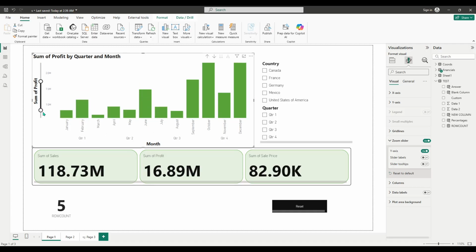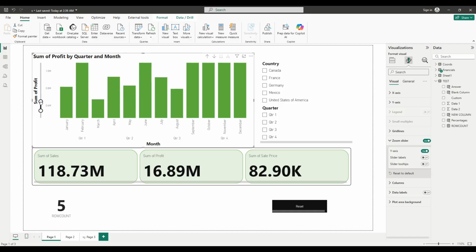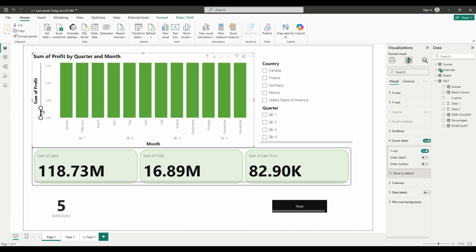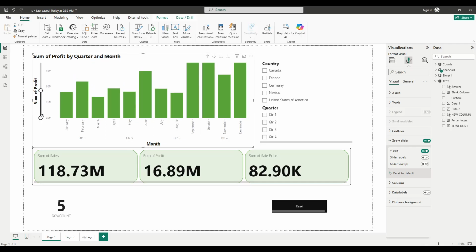Once enabled, the slider lets you drag the handles inward to focus on a narrower range of your data, then drag them back out to restore the full view. This gives viewers a smooth way to inspect specific periods, categories, or value ranges without using slicers or changing filters. It's especially helpful for line charts, area charts, and bar or column charts that have more data than comfortably fits